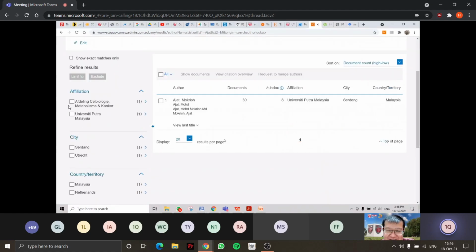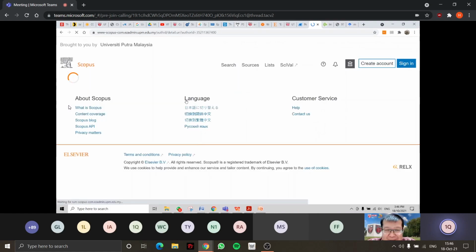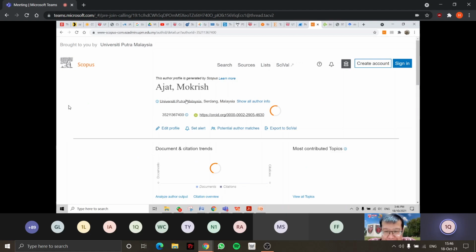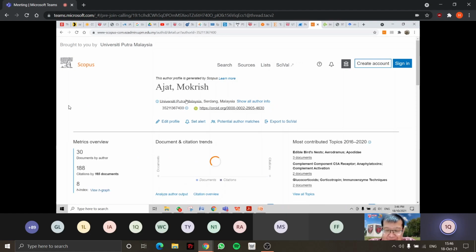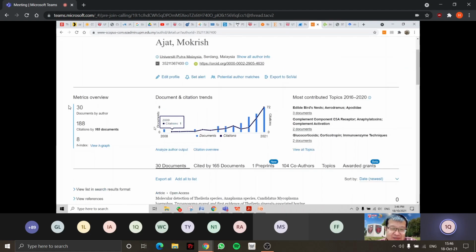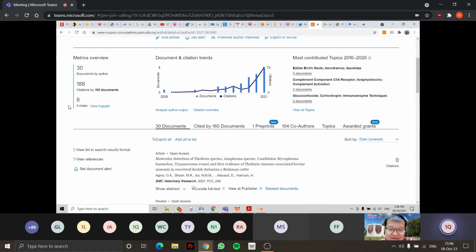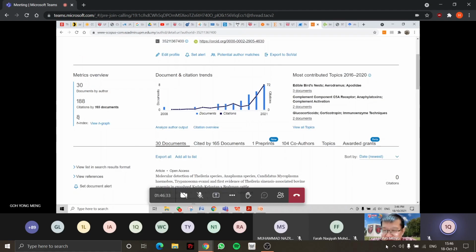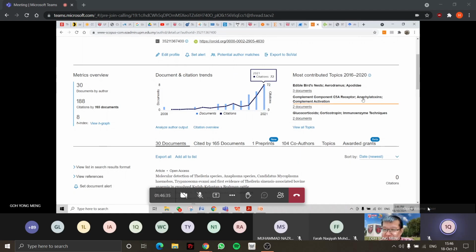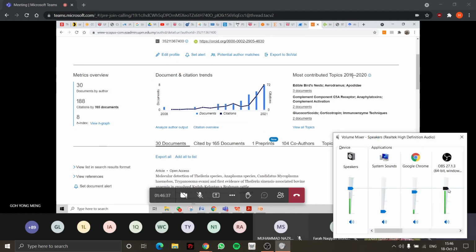Click Mokrish. You can see the number of articles that he already has. H-index will tell you how many times his articles have been cited and what are the areas that he contributed most. You see, Mokrish